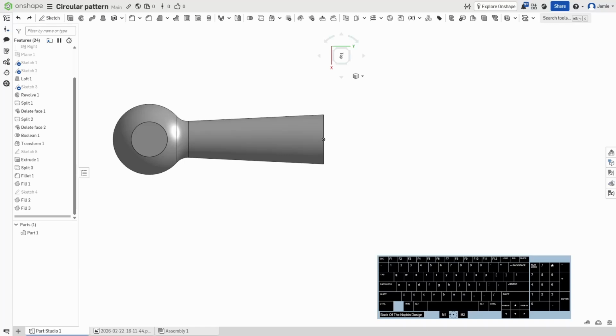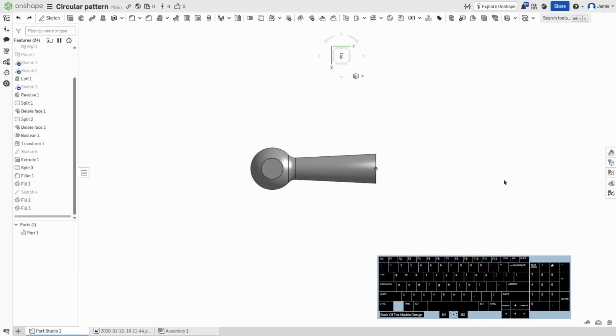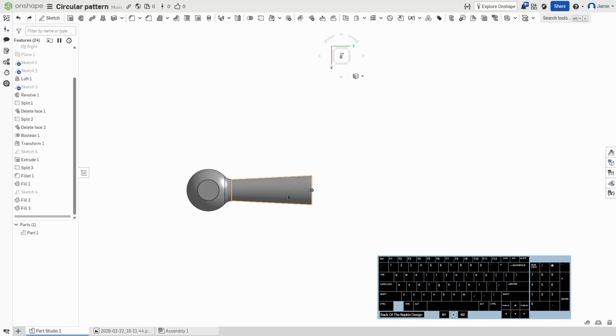Hello, today I want to show a circular pattern. So we have our object here that we want to rotate about an origin point. So let's choose circular pattern,